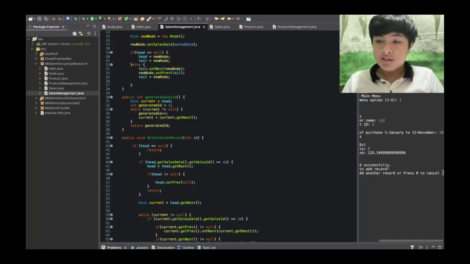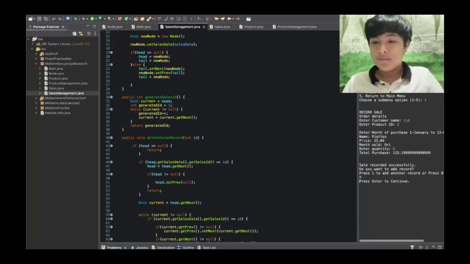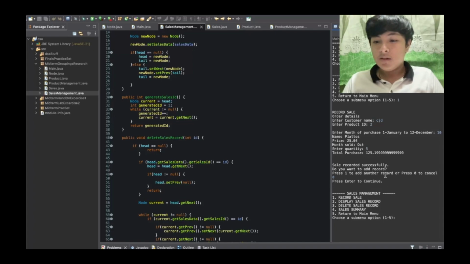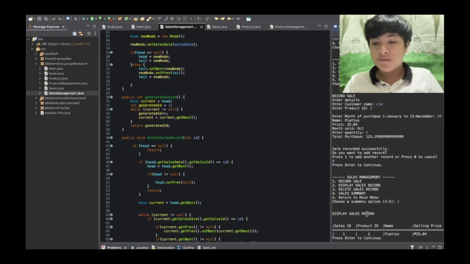Now let me just cancel this. Continue. And now we will see the newly generated ID. So let's say display, and there you go.